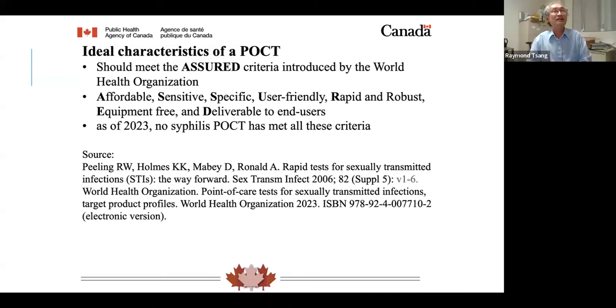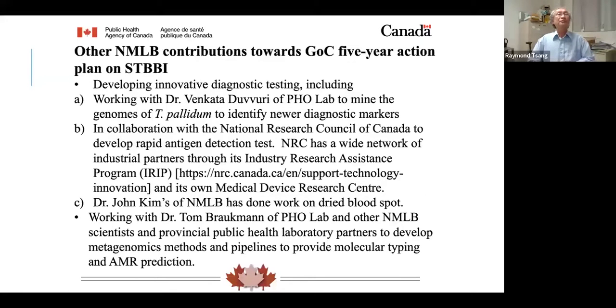As of 2023, no syphilis point-of-care test kit has met all these criteria. So other National Microbiology Laboratory Branch contributions towards the 5-year action plan on STBBI include developing innovative diagnostic testing, and